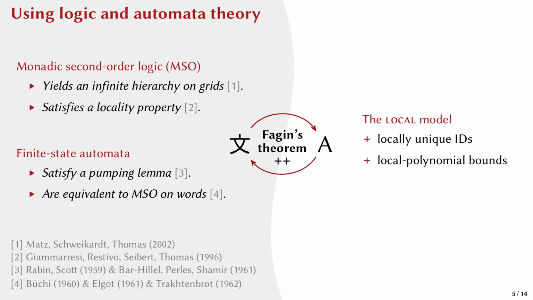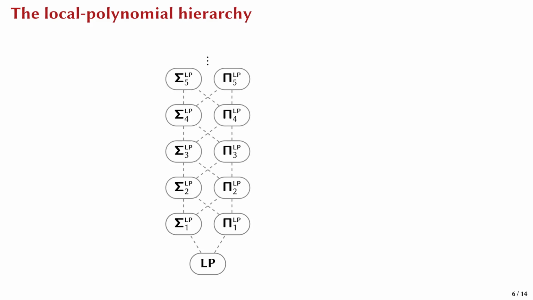To see this, we must first define some complexity classes. Let's start with the class LP, which stands for local polynomial time. That's just a class of graph properties that can be decided without any certificates, so without any help from Eve and Adam. Building on that, we get sigma 1, which corresponds to single round games where only Eve plays, and similarly pi1, which corresponds to games where only Adam plays. And then by considering longer games where the two players alternate, we can build an entire hierarchy of complexity classes on top of that.